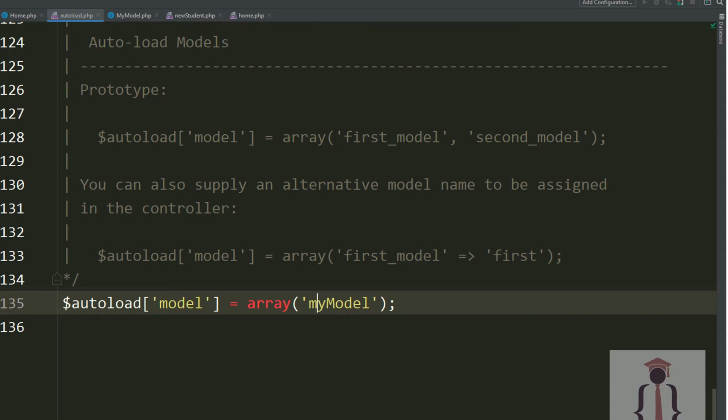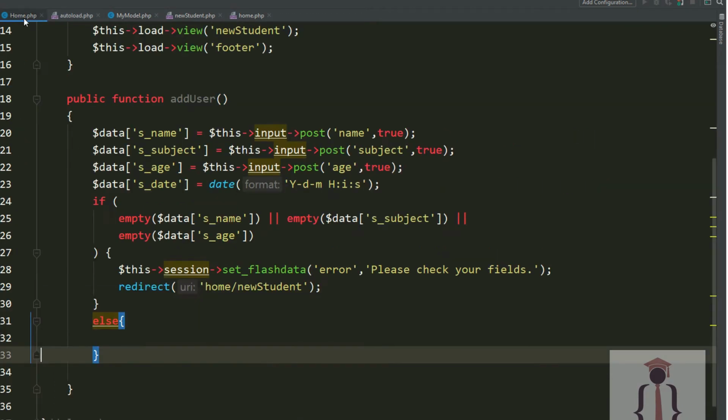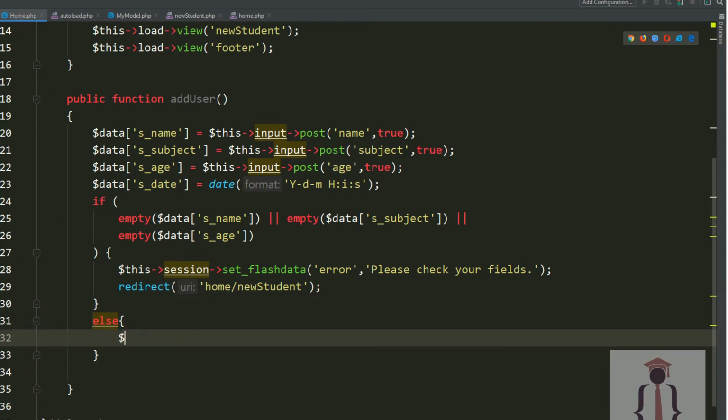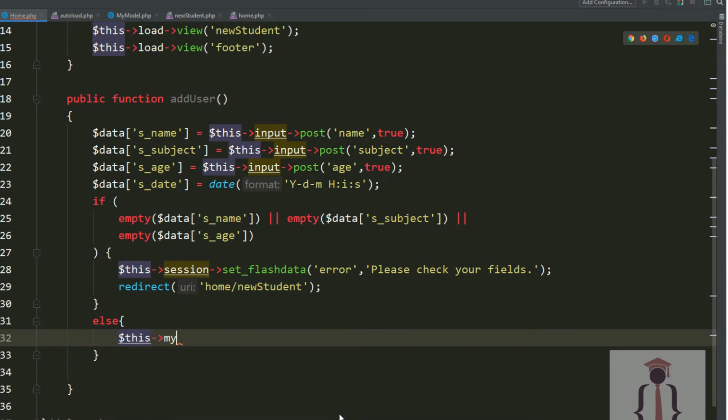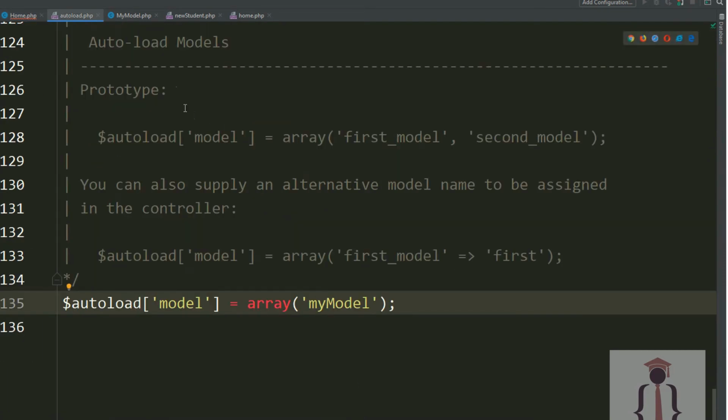Make sure the first letter is capital here, because we are not defining the class. As you can see, this is my model, so M is capital, so that's why I'm using a capital M. Okay, now you are ready to go. I have loaded the model, and now I have to call this method,